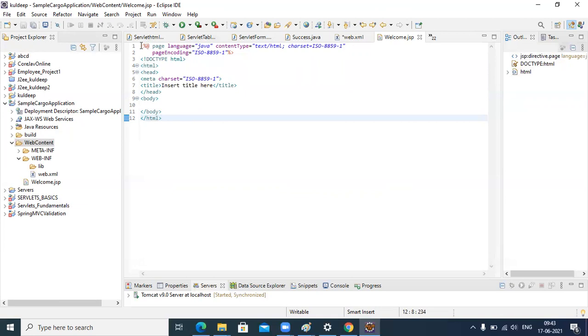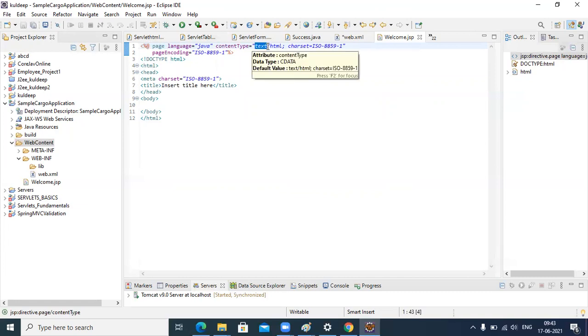So if you see, this is an @ directive. This is called the @ page directive from JSP. In this directive, we have to set the language, which is Java, and the content type. It supports two contents: one is HTML and the other is normal text.